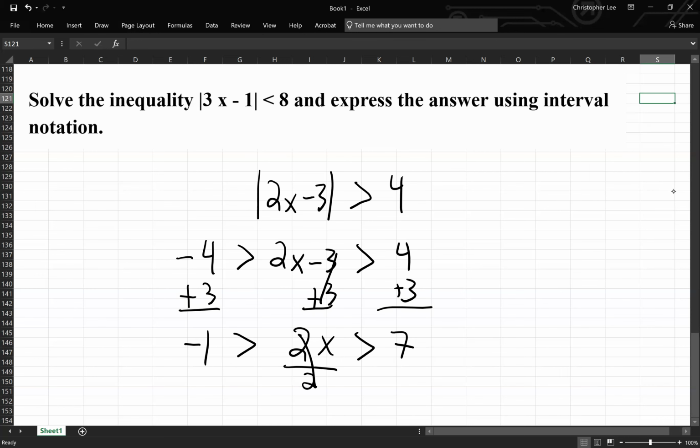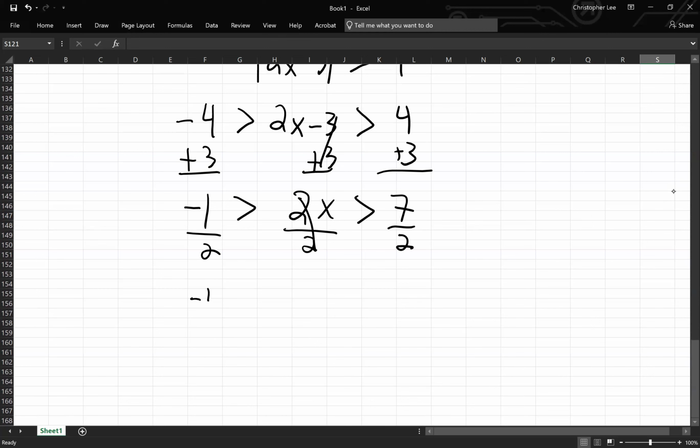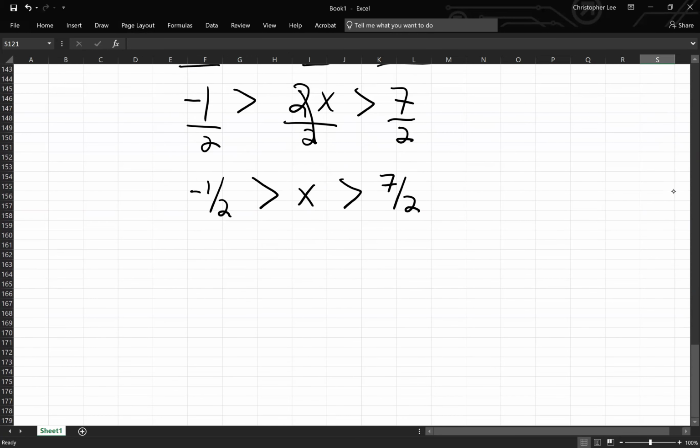Then we're going to divide by 2, which you do to one side, you know you have to do to the other. Boom. So now I have negative 1 over 2 is greater than x, which is greater than 7 over 2. Boom. So if I was going to do this in interval notation, I kind of have to read this a little bit backwards. So I would start here and I'd read it as x is less than negative 2. X is less than negative 2. So which numbers are less than negative 2? So we're going to go from negative infinity all the way up to negative 1 over 2,